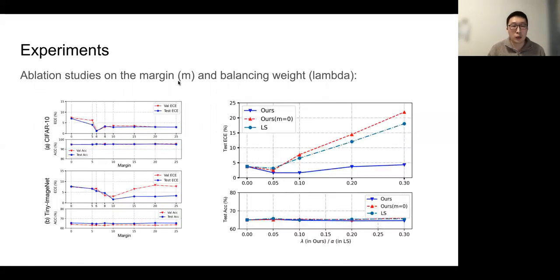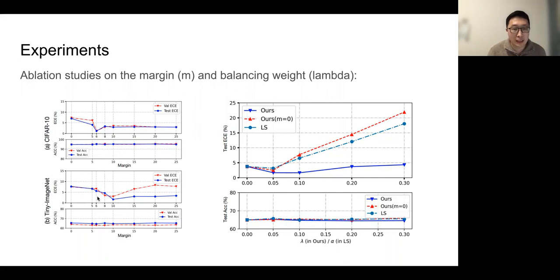Here are two ablation studies on the effect of the margin and the balancing weight. On the left, we fix the balancing weight, and we try different margins to see the effect.